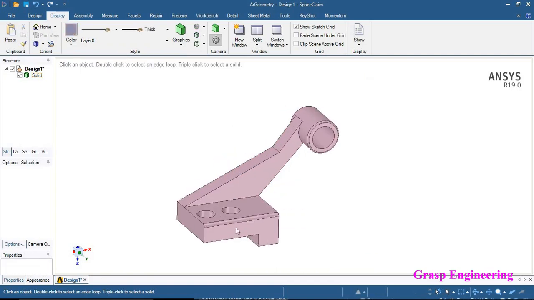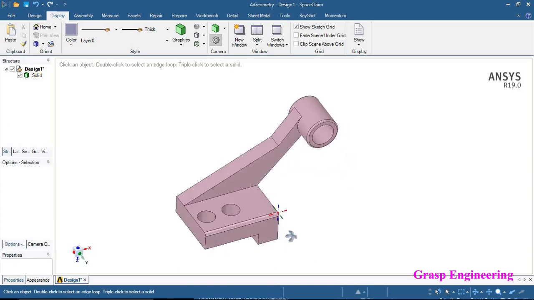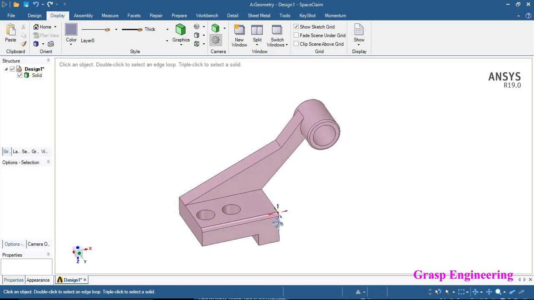So I think that's it, guys. We have created the 3D model from 2D drawings. So let's meet in the next video. Let me know your comments if you are facing any difficulties to create such a simple bracket. So next time onwards we will create some more complex brackets, and let's see how we can get some confidence on this respective SpaceClaim Direct Modeler.